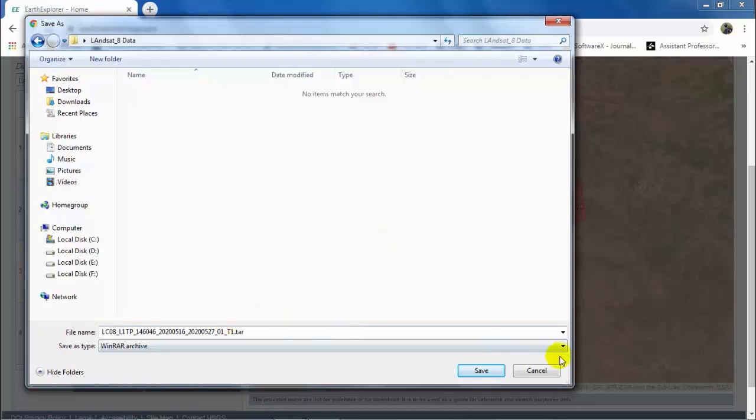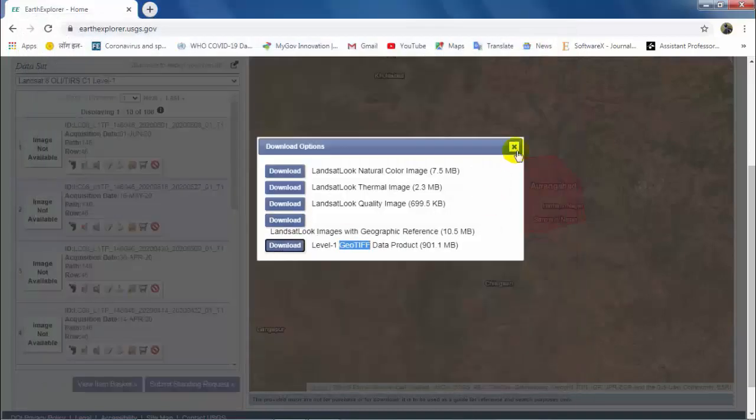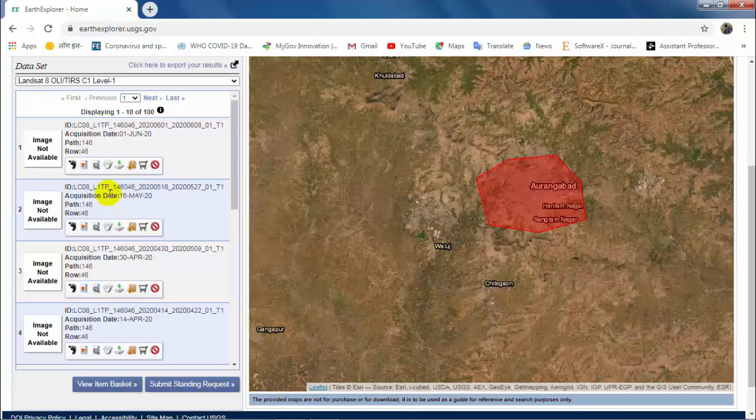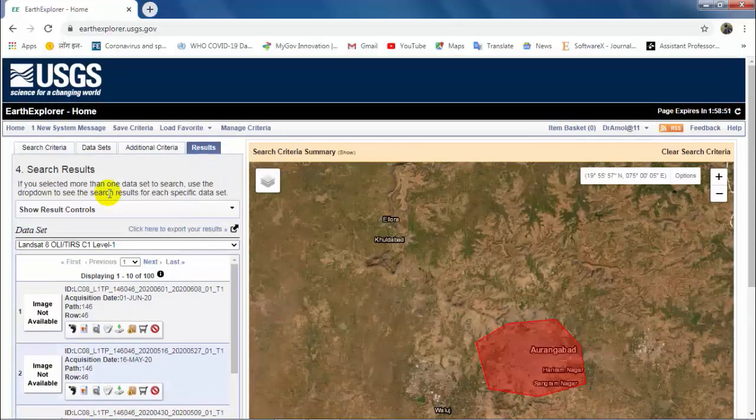Likewise, you can download hyperspectral as well as multispectral data from these websites, but you have to register first, and as per your choice you can select the data and download it to your memory for further analysis. The downloaded data will be in the form of a zip folder. If you don't know how to unzip this folder or how to use hyperspectral or multispectral data, please provide me the link in the comment box.